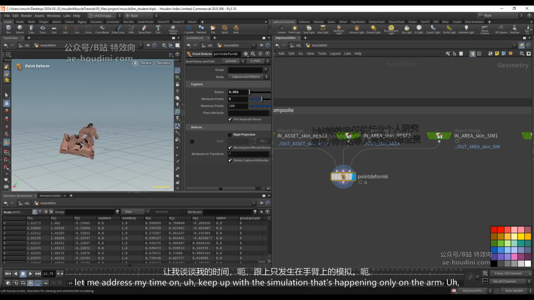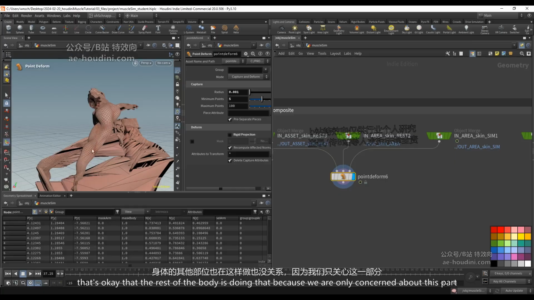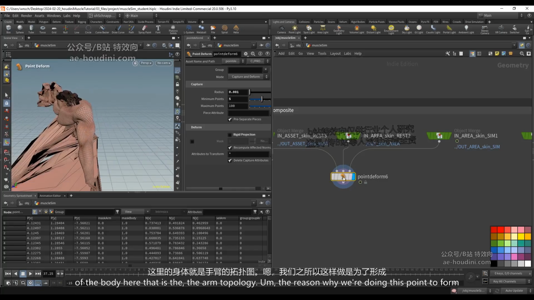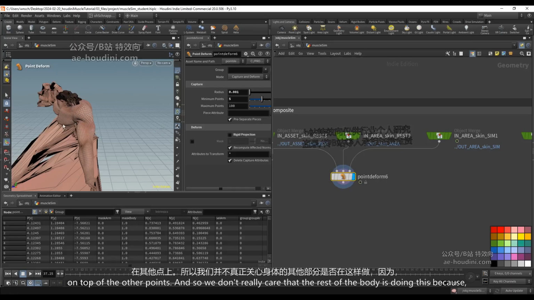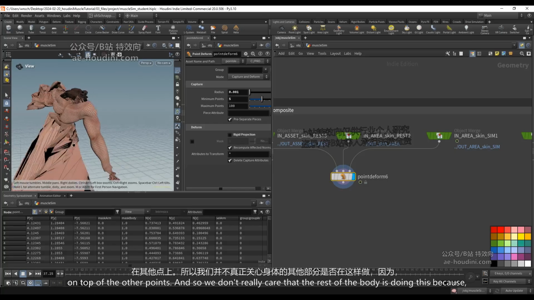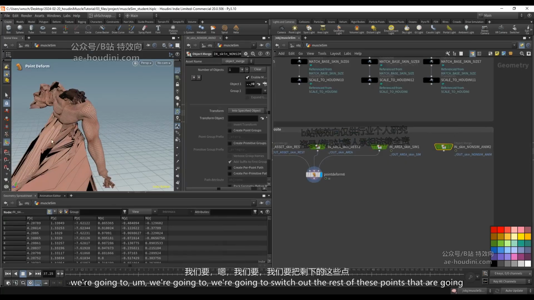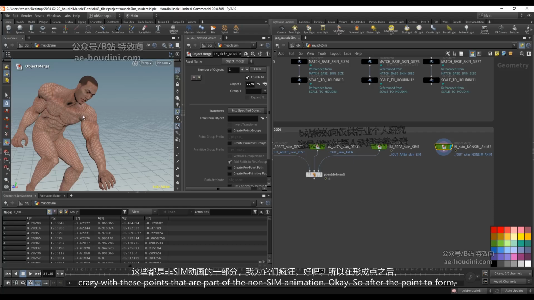Keep up with the simulation that's happening only on the arm. That's okay that the rest of the body is doing that, because we are only concerned about this part of the body here, that is the arm topology. The reason why we're doing this point deform is because we want to put this animation information back only on the points that are right on top of the other points. And so we don't really care that the rest of the body is doing this, because we're going to switch out the rest of these points that are going crazy with these points that are part of the non-sim